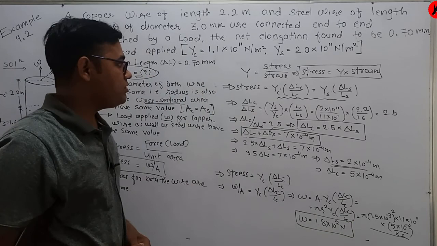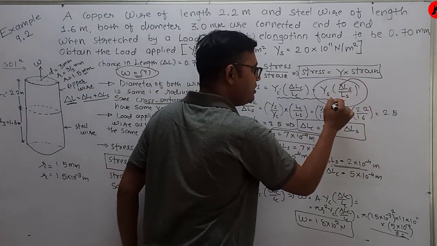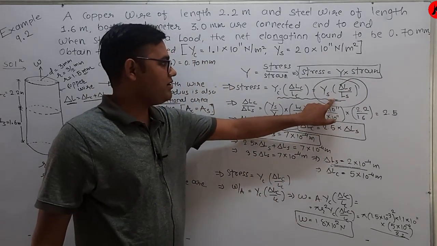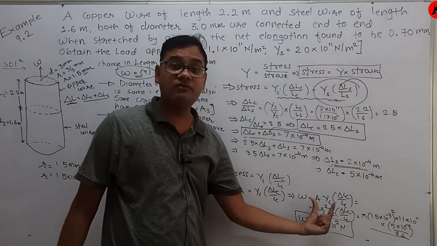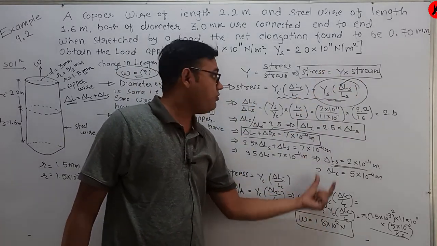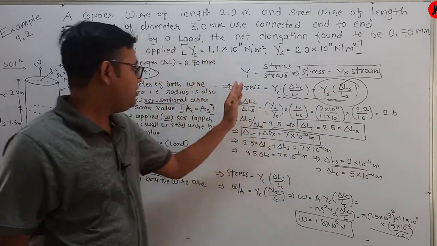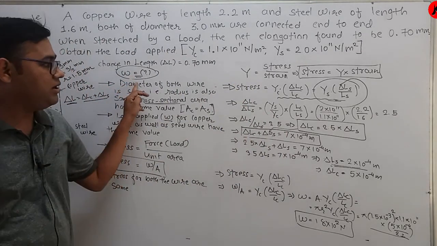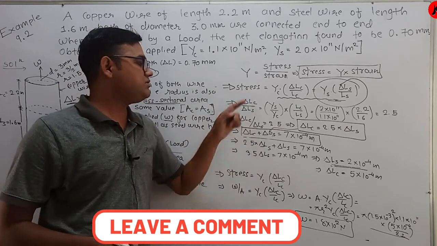So here we have calculated the value of W, which is 1.8 into 10 raised to 2 Newton. We can also find the value of W by considering the other equation. If we consider that equation, the values of YS, delta LS and LS are different, but the value of W we get is the same for this equation as well as for that equation, right? So here we have calculated the value of W by using the relation of Young modulus and the equation of stress, right?